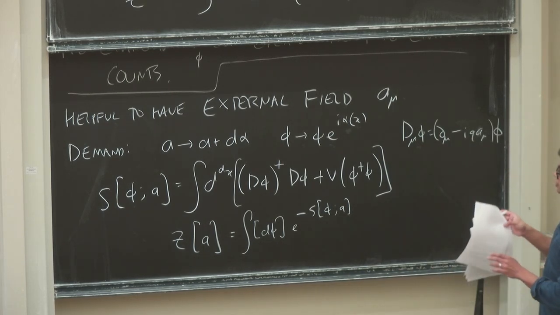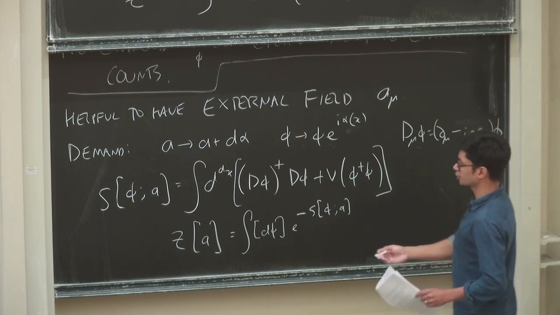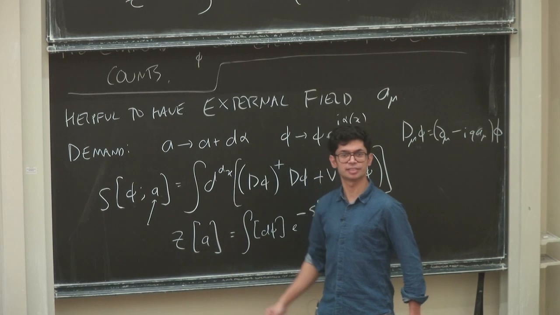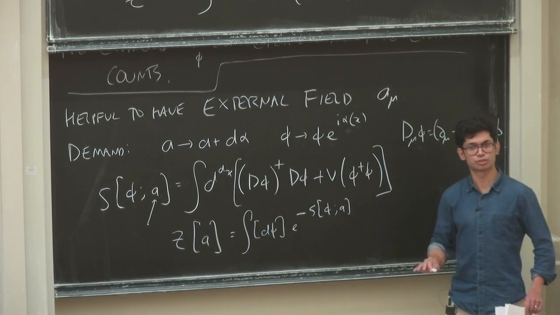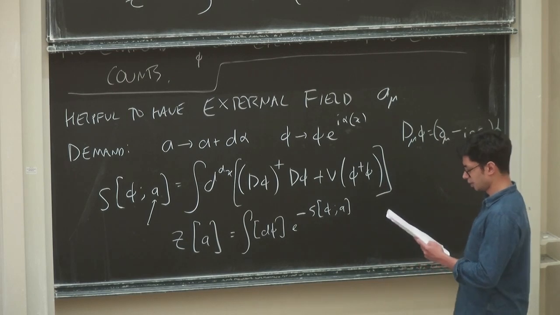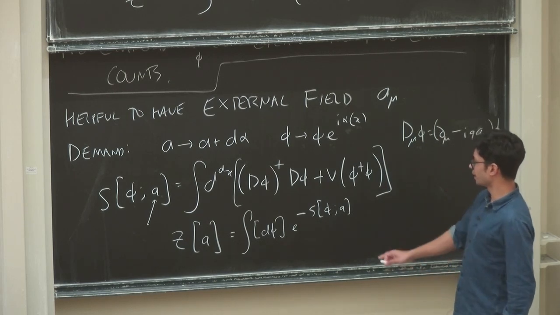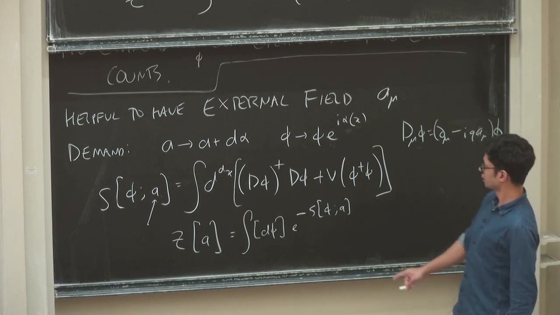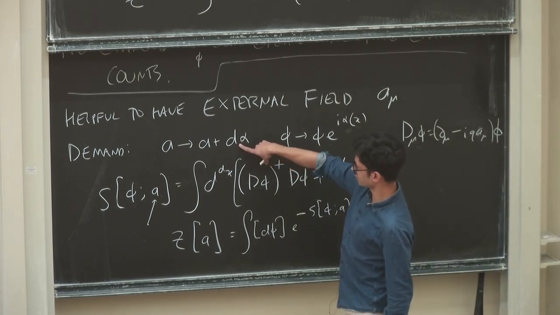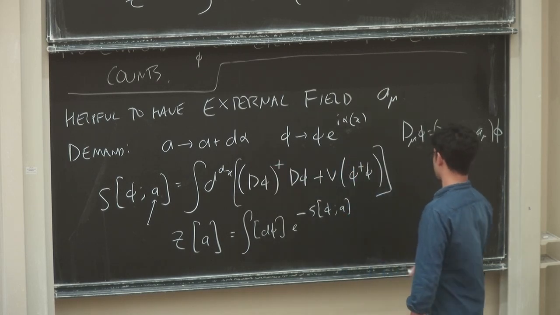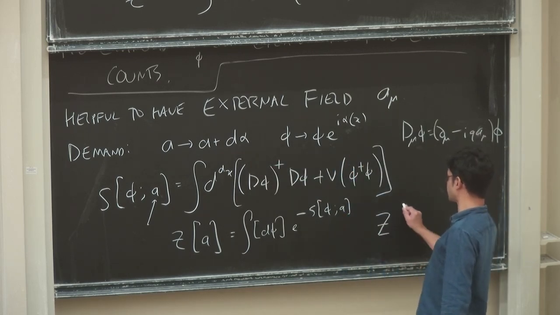I'm going to try to stick to a notation where external fields are lowercase and internal fields that we path integrate over are uppercase. We'll see if I succeed or not. I want to note that this invariance has a consequence on Z. This invariance survives after you do the path integral, which means that if you take the external field and you shift it,